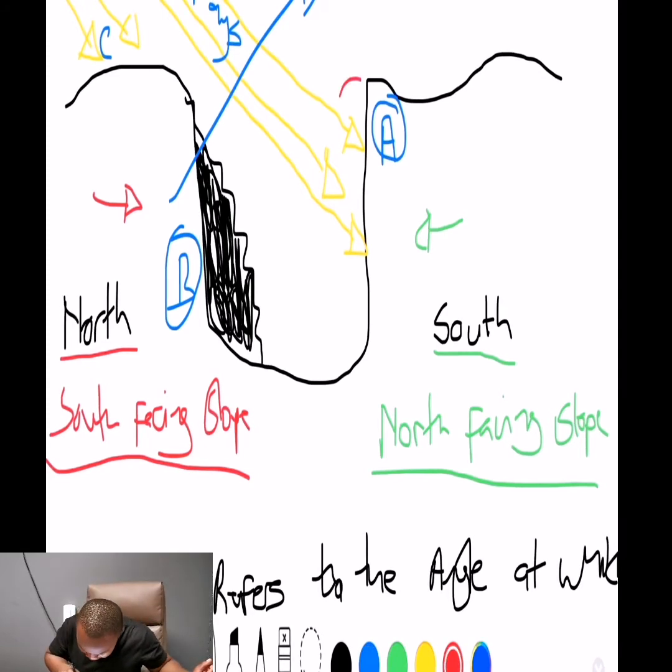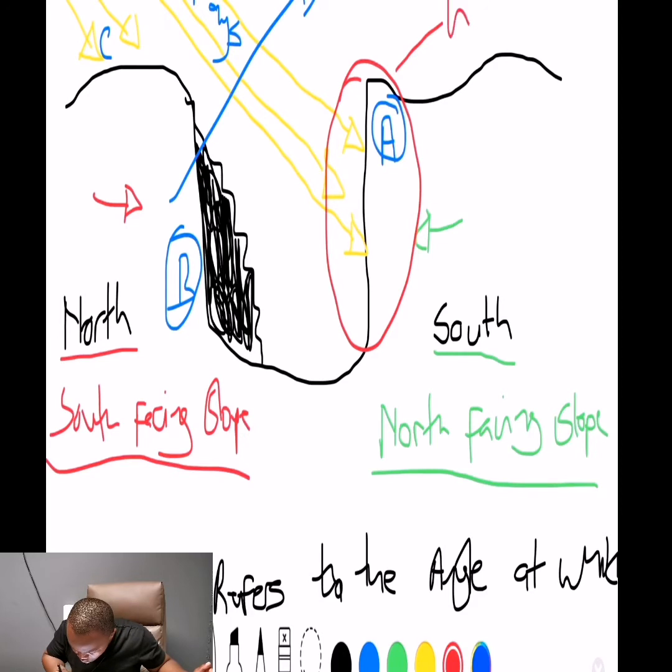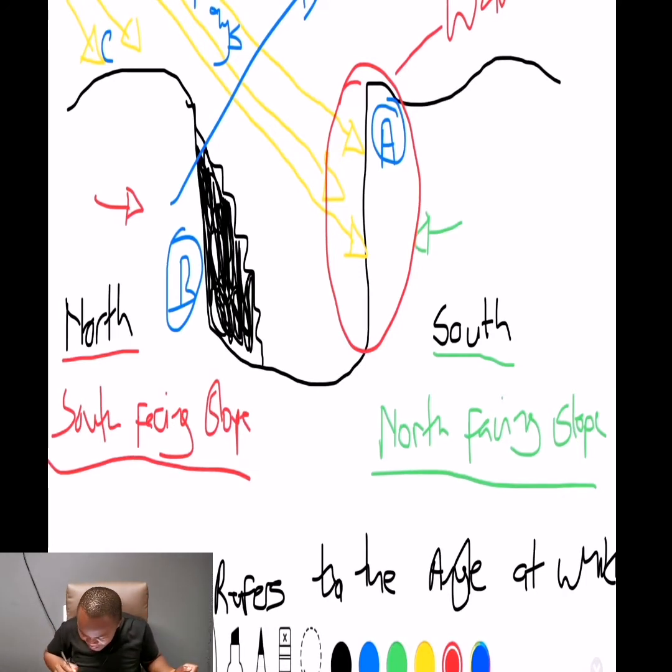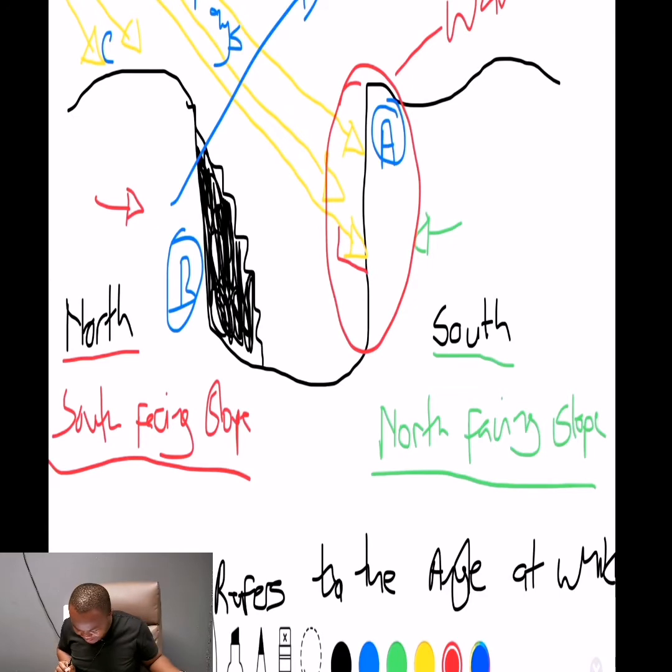And then the weather at A is warm. Why is it warm? Area A is warm because it receives direct insolation, and B does not receive direct insolation. It just receives an oblique insolation and it is cooler. And then again, you need to understand that at area A, the sun heats at 90 degrees. That's why we are saying this area is warm.